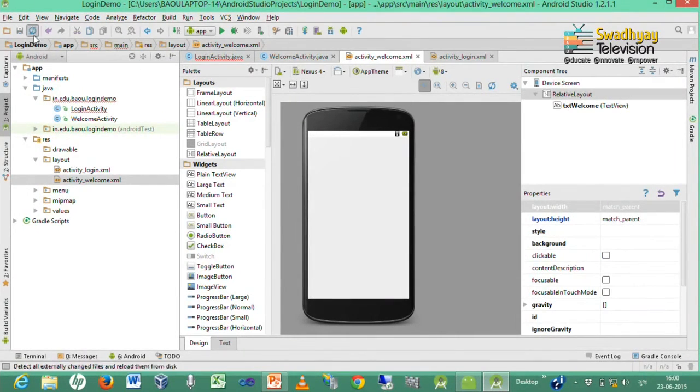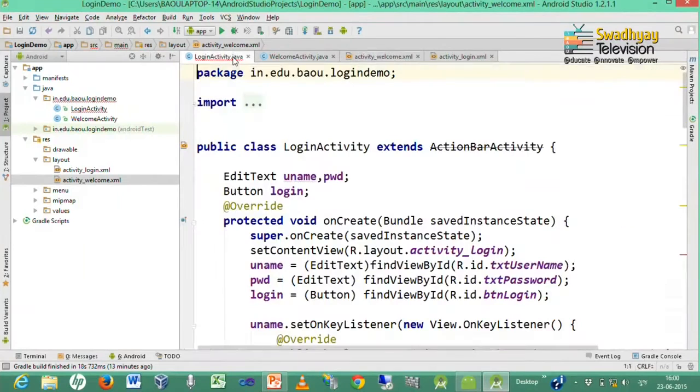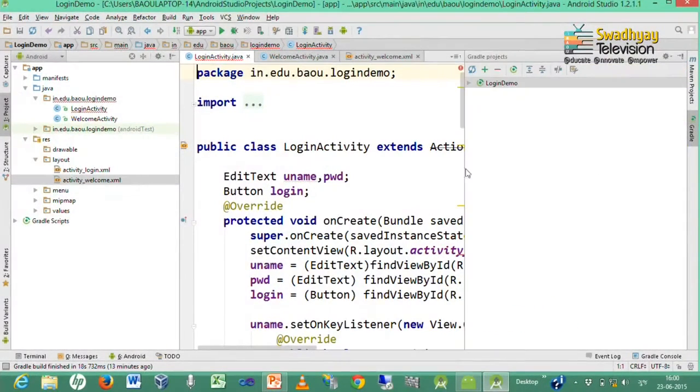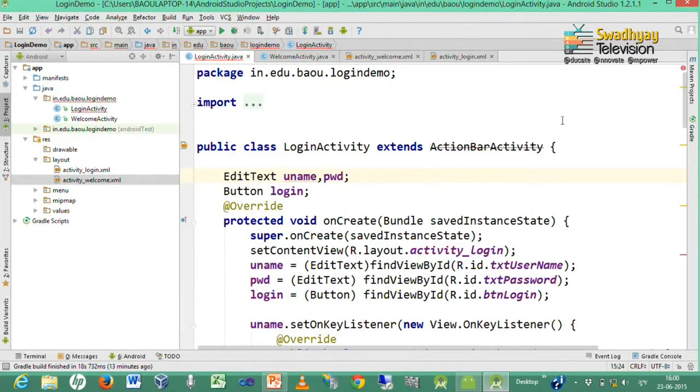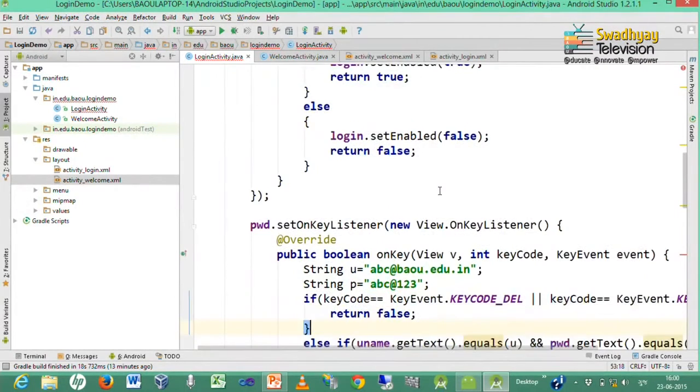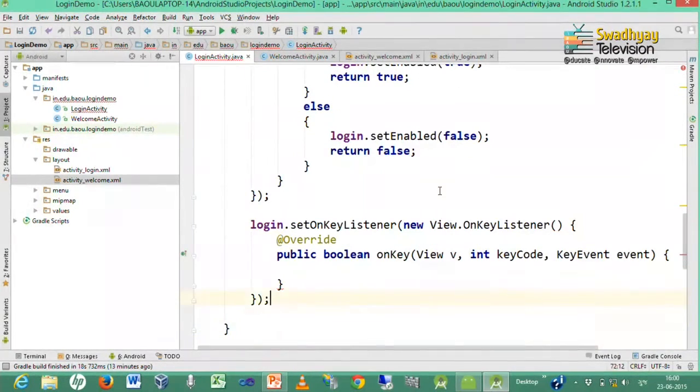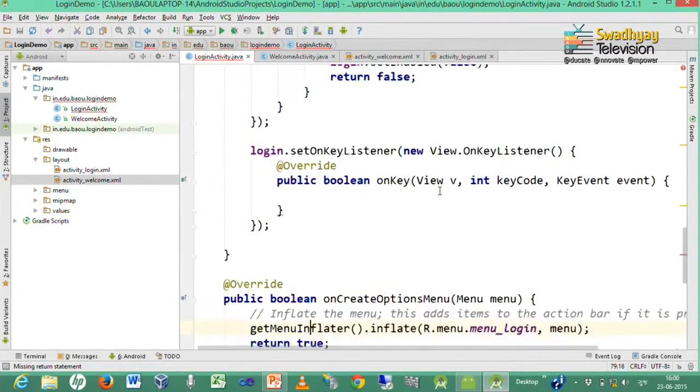Now, both our interfaces are ready and we want to send data, which is the username, from LoginActivity to WelcomeActivity to display the welcome message. So, here we use an intent for sending data.